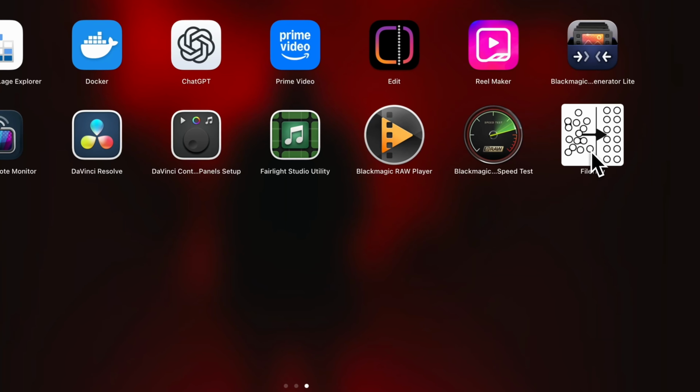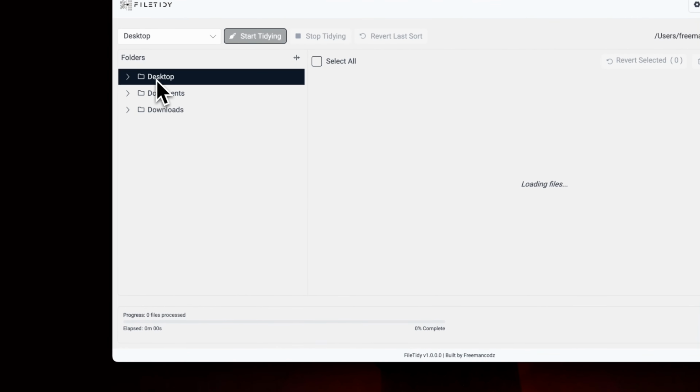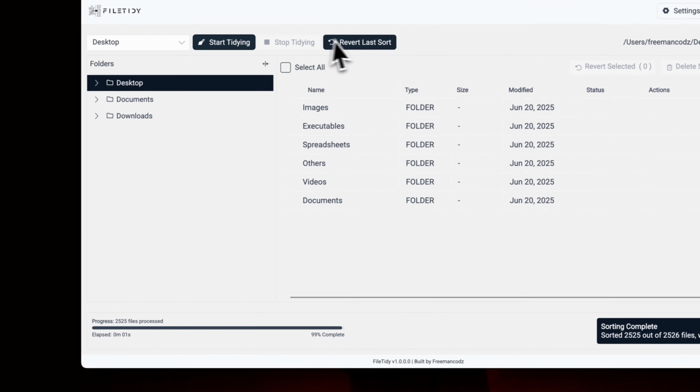I first built it as a SQLite tool, but then I found out that most of the devs and freelancers I know personally face this same issue. So I decided to build a native GUI app that you can also run on your system to clean up your messy folders. All you have to do is select your desktop, downloads, or documents folder, and FileTidy automatically sorts